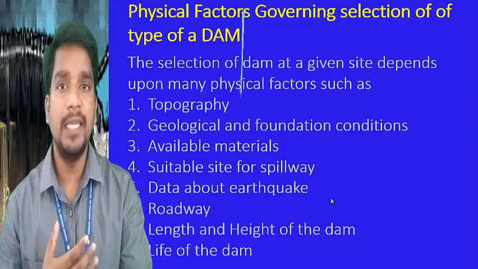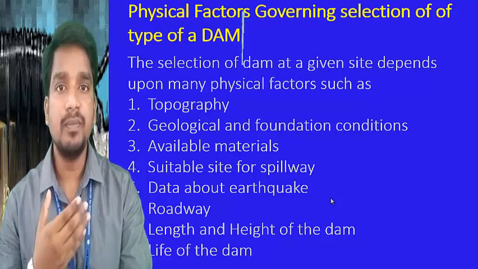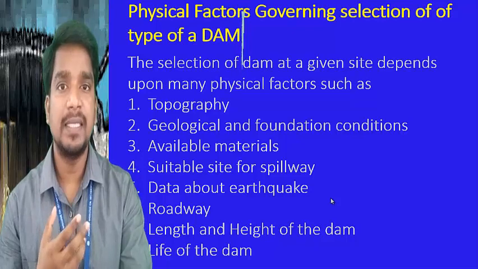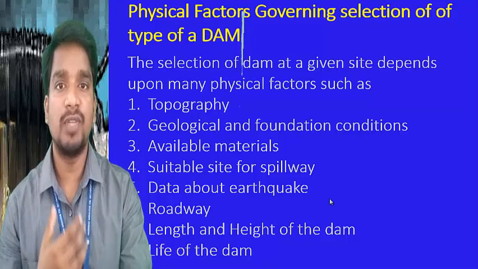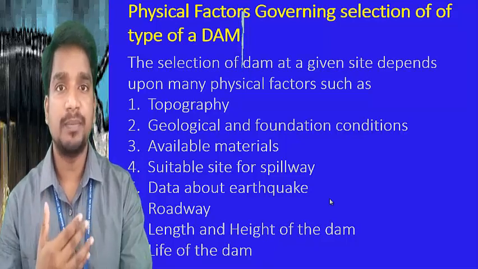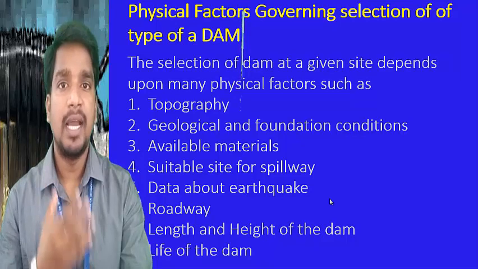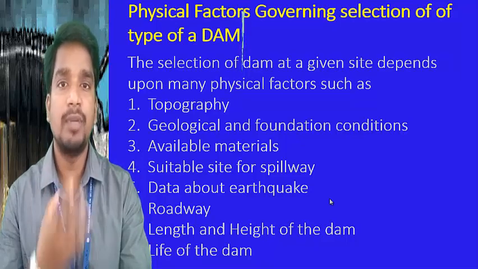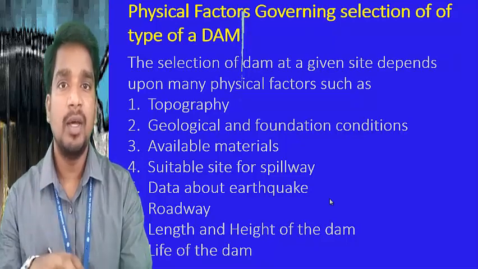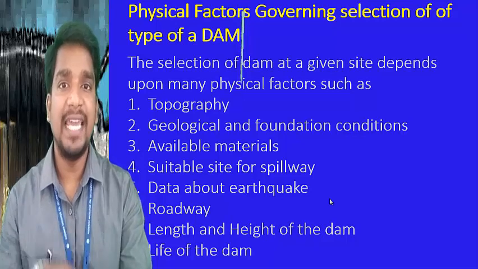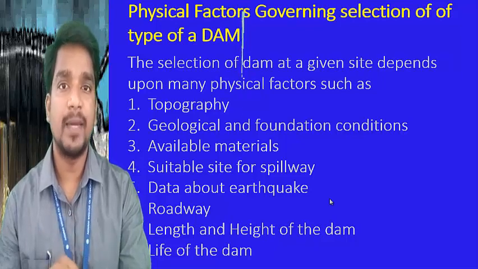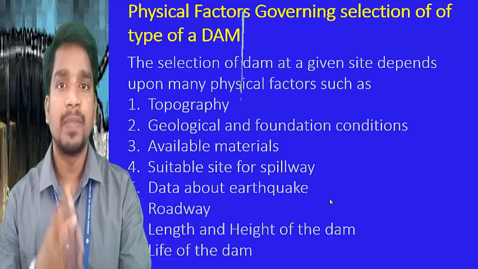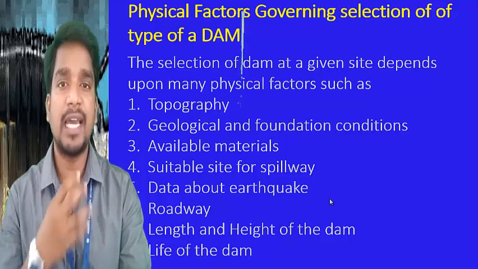And we have also seen that according to flood control, there are two types. In one, an outlet or spillway provision is there, so the surplus water can be released out of the detention dam. In the second, there is no outlet, and whatever water is held by the dam is used to increase the water levels in the adjoining area. Such a dam is also called a water spreading dam or dike.